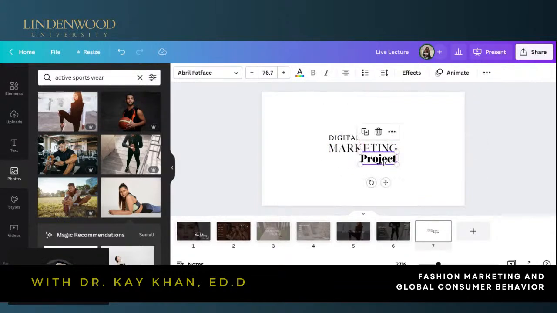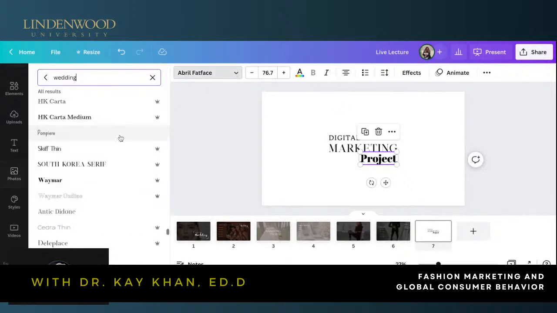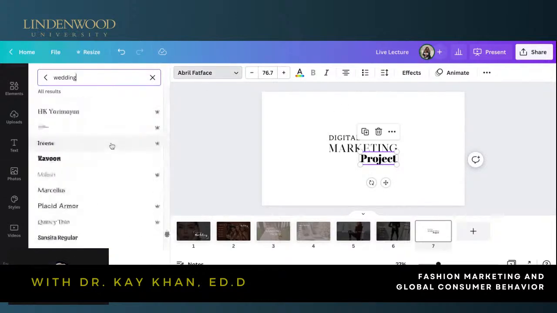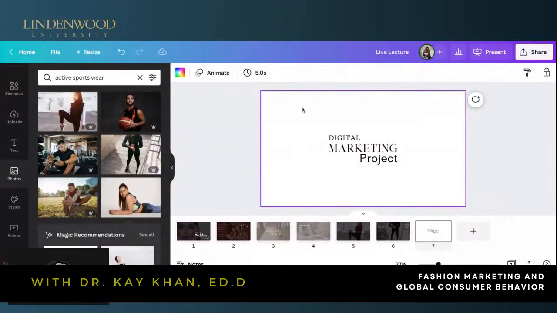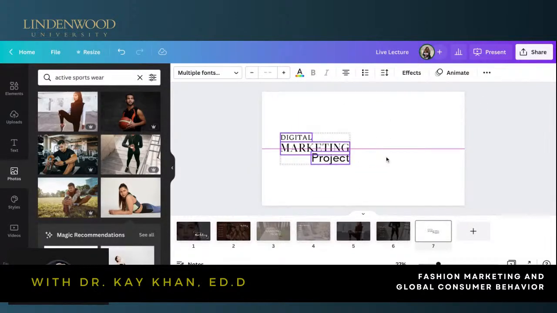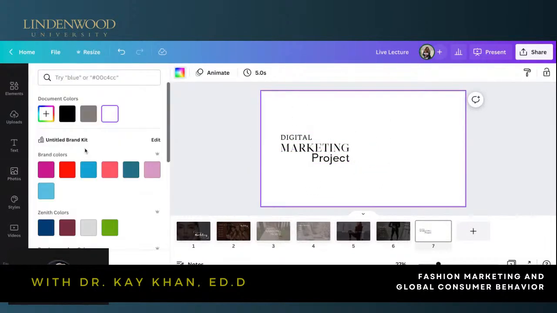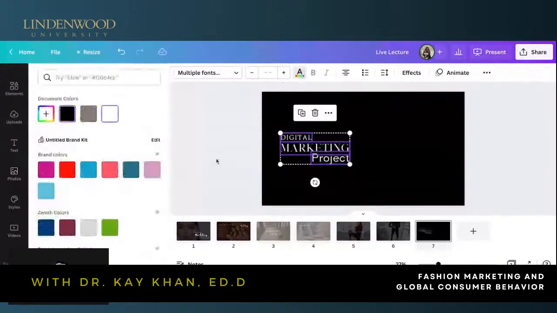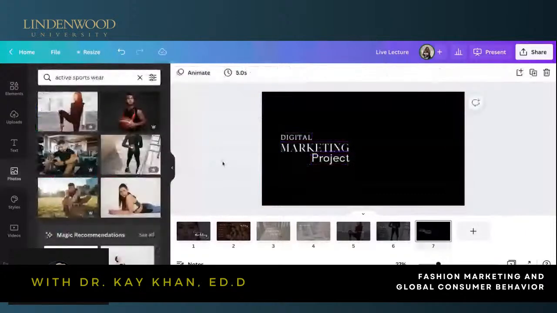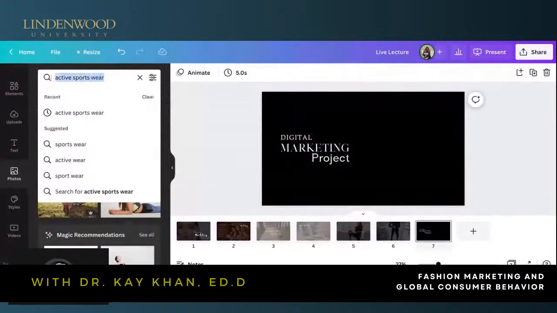And then project, I'm going to use something that's very masculine. Let's see. Okay, that might work. Okay, so I'm going to place this over here. I'm going to change this to black and then change this to white. These are my go-to colors. Can't help it. Okay, men's suits.